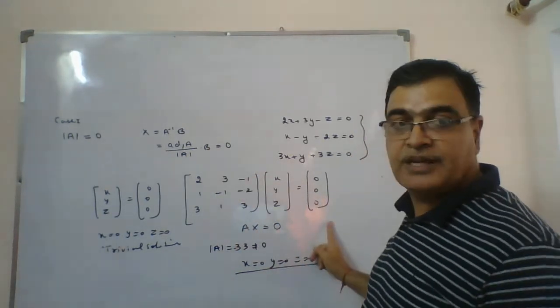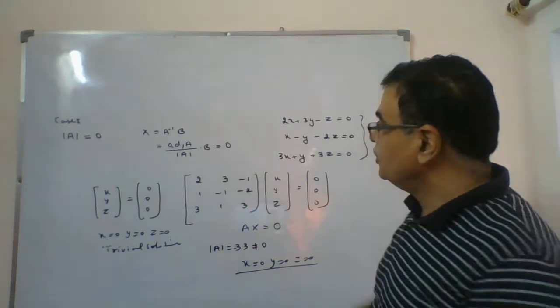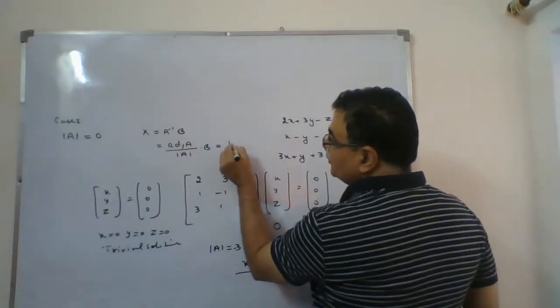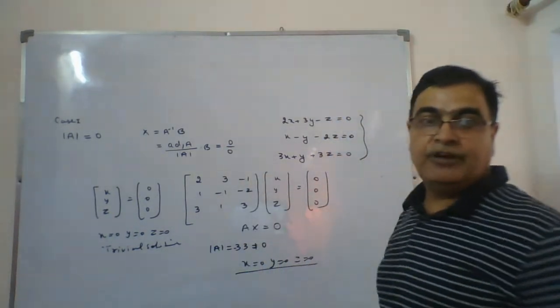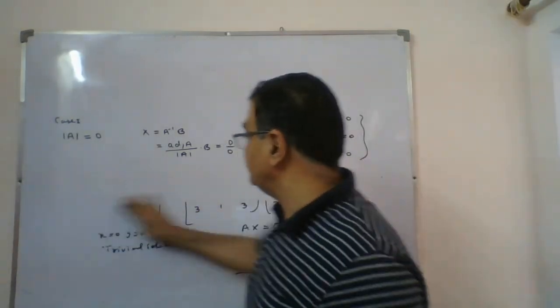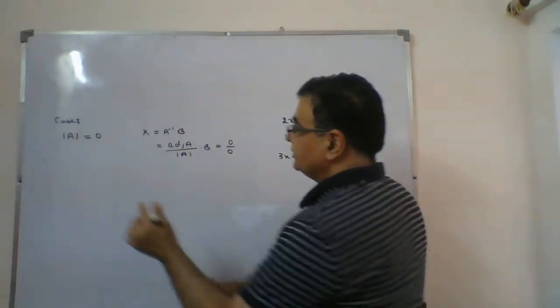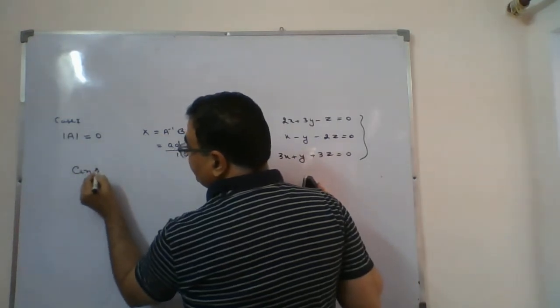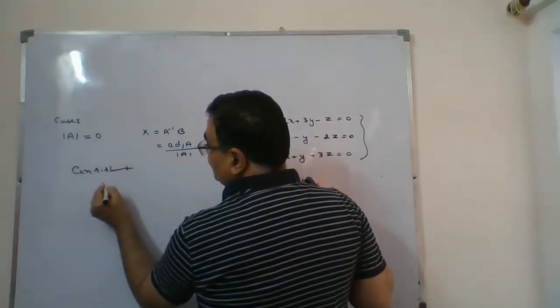Whenever you are taking this type of system, B will always be 0. So that means this will come out to be 0 by 0 form. And whenever it is 0 by 0 form, what should you say again? Yes, we will say in this case the system is consistent. Again, it is consistent with